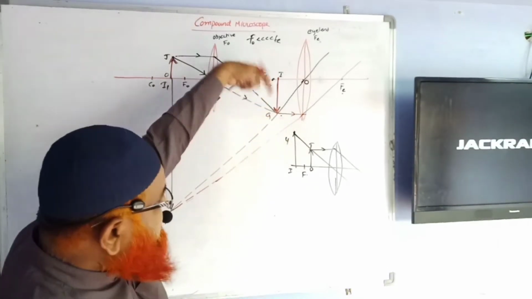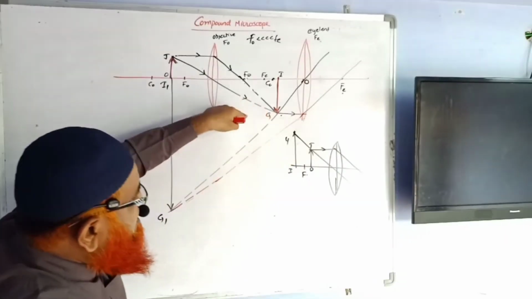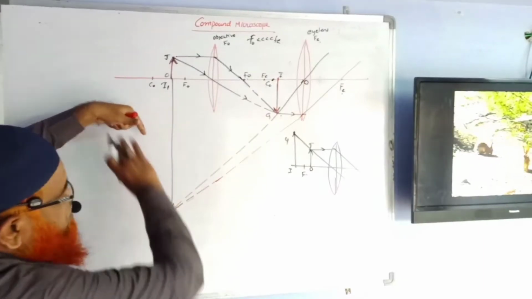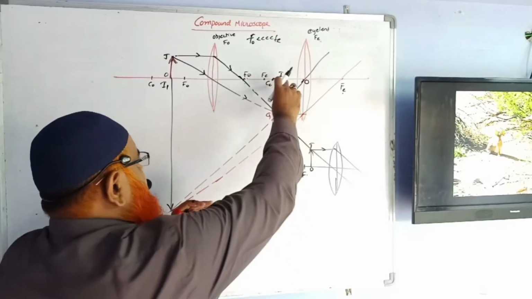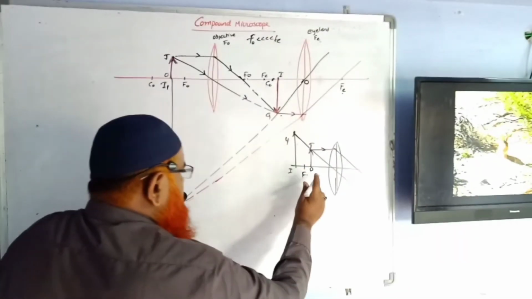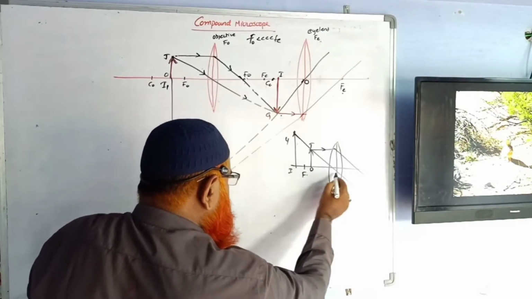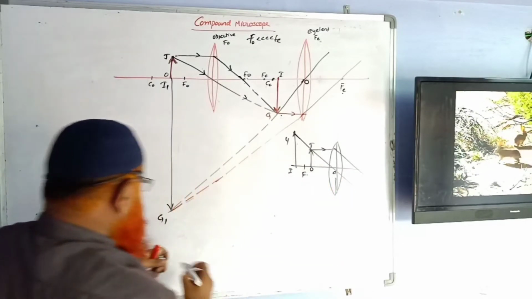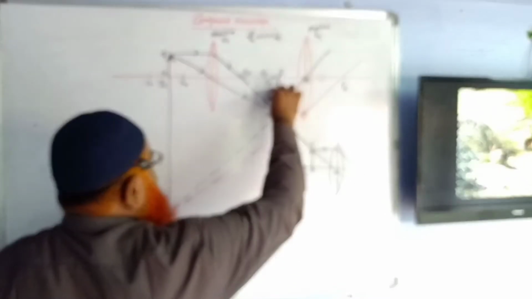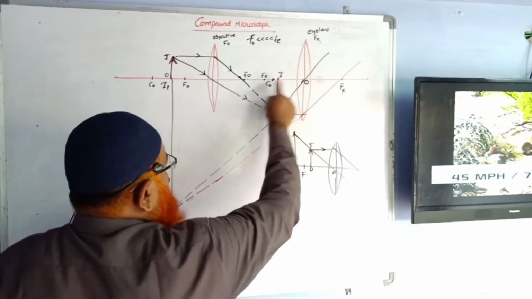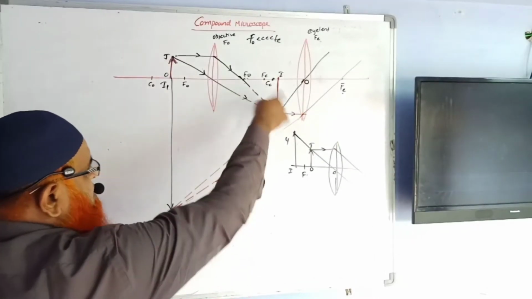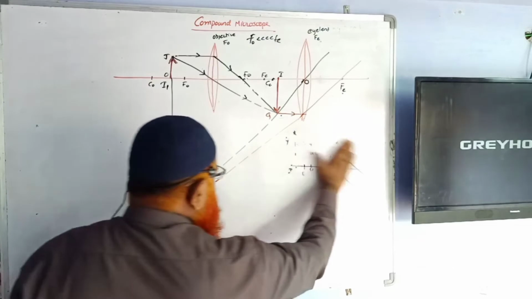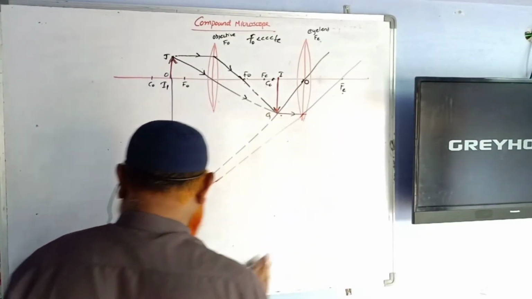But in this case, the object is inverted. The same condition applies here also. The object is inverted, so the image is also inverted, and it is formed on the same side of the object. The image will be on the same side of the object for the virtual case, and the virtual case is where the object is placed between the focal point and the optic center. Then you are getting a virtual image which is inverted. Why is it inverted? Because the object is inverted. I think you understood the concept here. Now let us go for the further discussion.